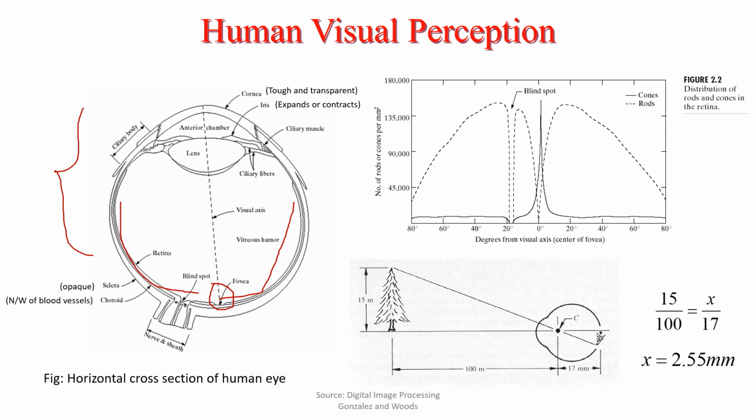The distribution of receptors is radially symmetric about the fovea. Cones are most dense in the center of the fovea, while rods increase in density as you go away from the fovea. Okay, image formation takes place in the eye, and in physics you must have studied in school how image formation takes place using an optical lens, right?